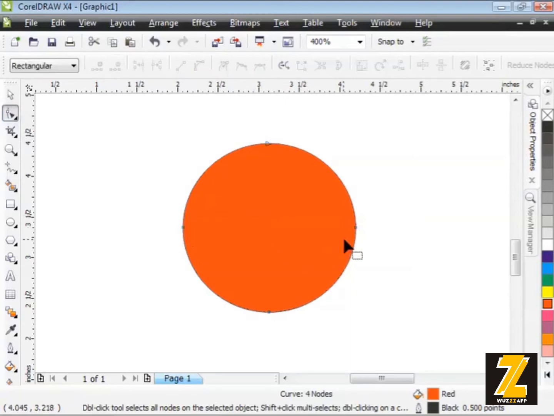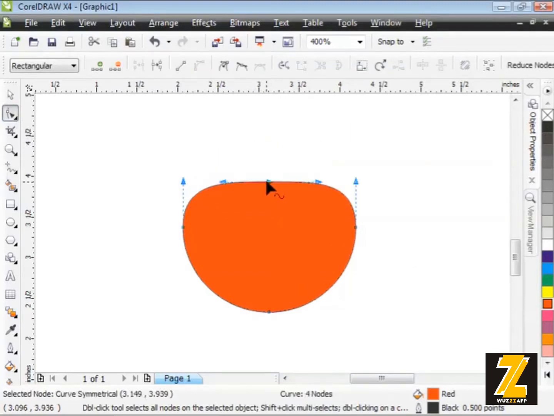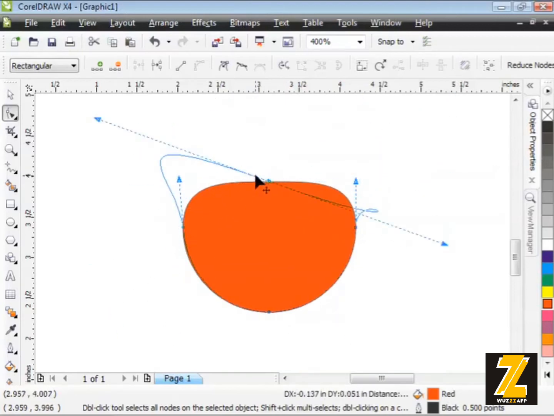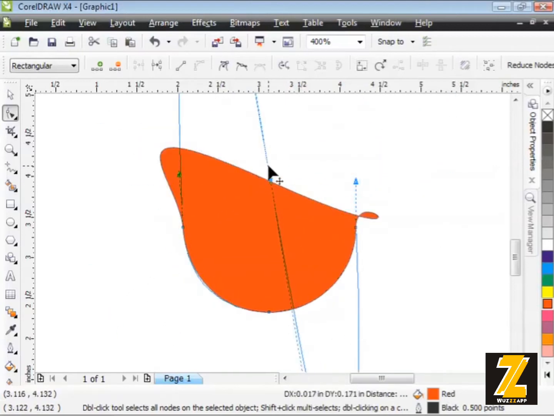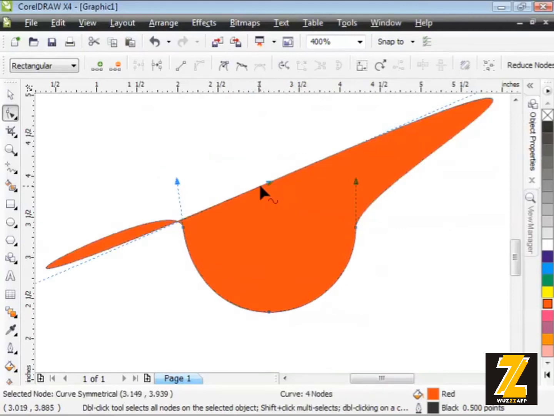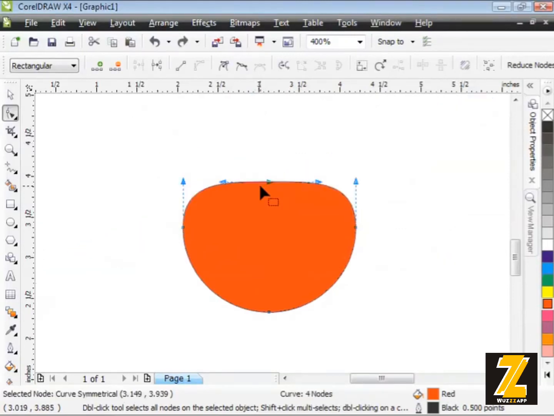I can see those tiny little dots on the left and right sides, the top and bottom of my circle, but check this out. When I start dragging on these nodes, what winds up happening is you get all kinds of weird, wacky things sort of occurring on your page here. Now I've made a royal mess out of mine, so I think I'm going to undo mine just a couple of times. By the way, I just tapped Control Z on my keyboard a couple of times there,